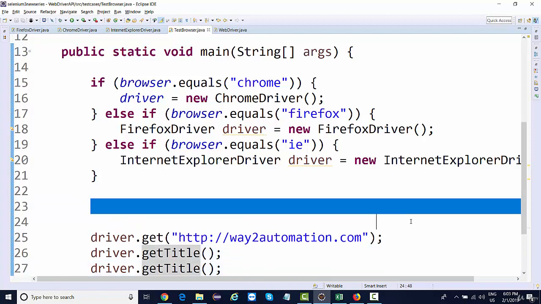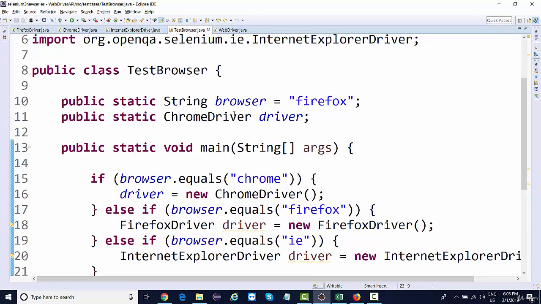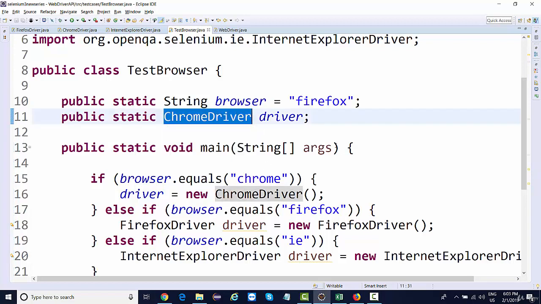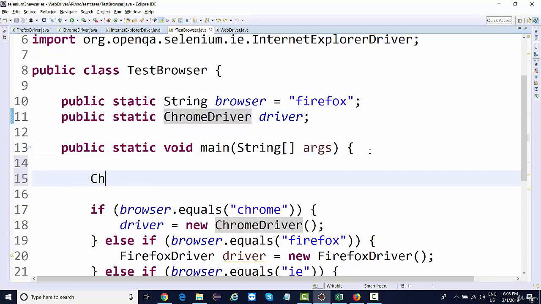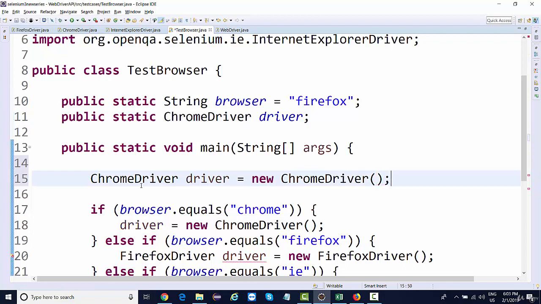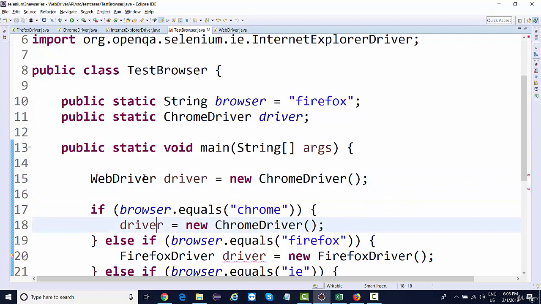So over here in the beginning, instead of Chrome driver, when we create an object Chrome driver equal to new Chrome driver, instead of doing this, I can also say WebDriver equal to new Chrome driver, WebDriver equal to new Internet Explorer driver, WebDriver equal to new Firefox driver.